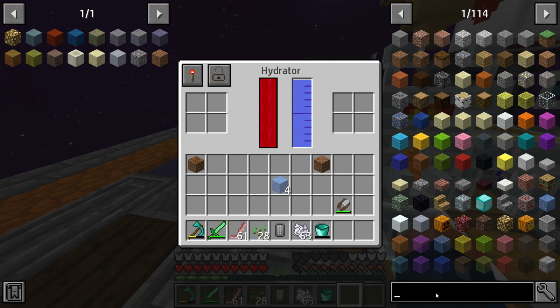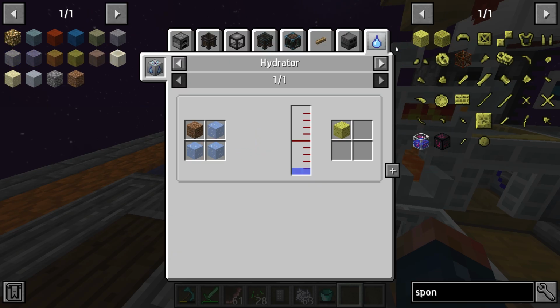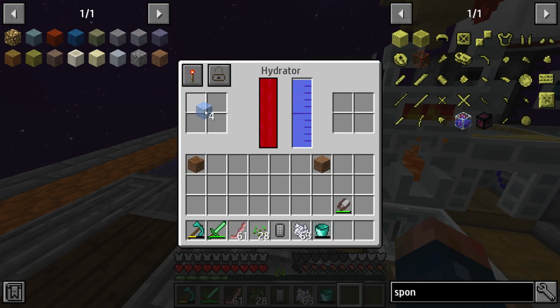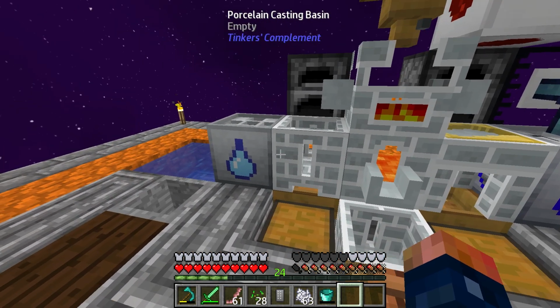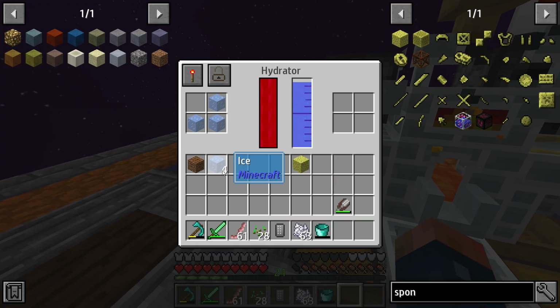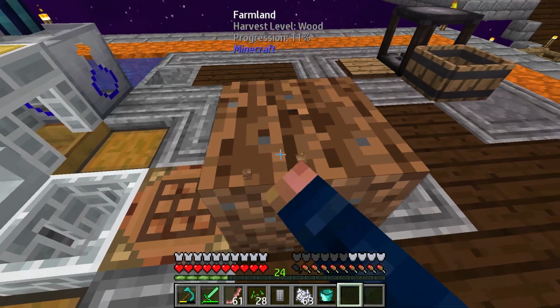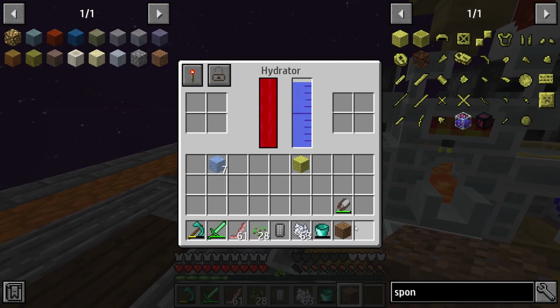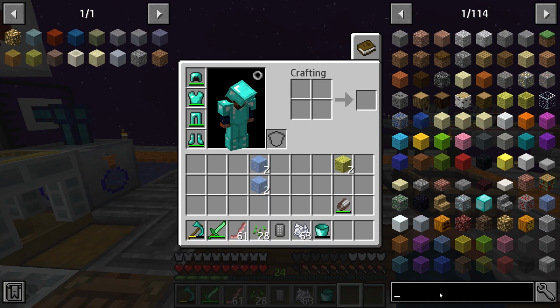So, sponge. That is the Hydrator. Gotta put the ice in first, I'm guessing. There we go. Ice in first. And it not be farmland. There we go. And more sponge. Perfect. So, now that we go back to Cyclic,